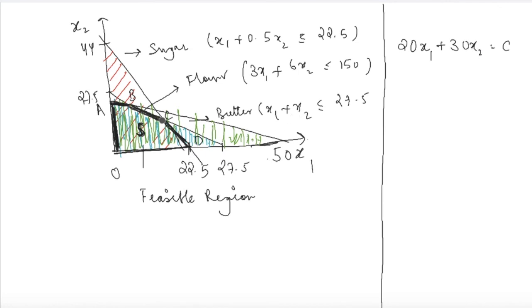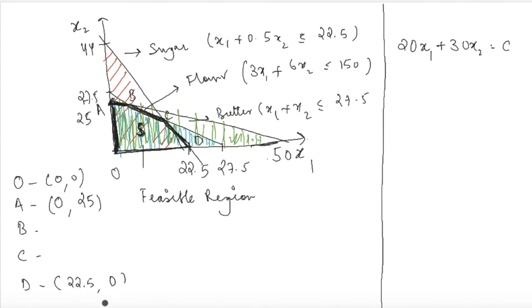Now the simplest way to do this is to find the coordinates of the corner points. So here the coordinate of point O is 0, 0. You will have to find the coordinate of point A, which will be 0, and since A is passing through the flour constraint, this will be 25. Similarly, B and C you will have to calculate. D will be